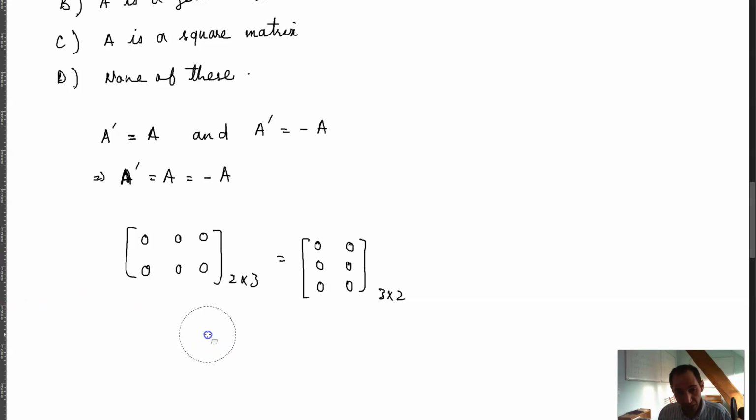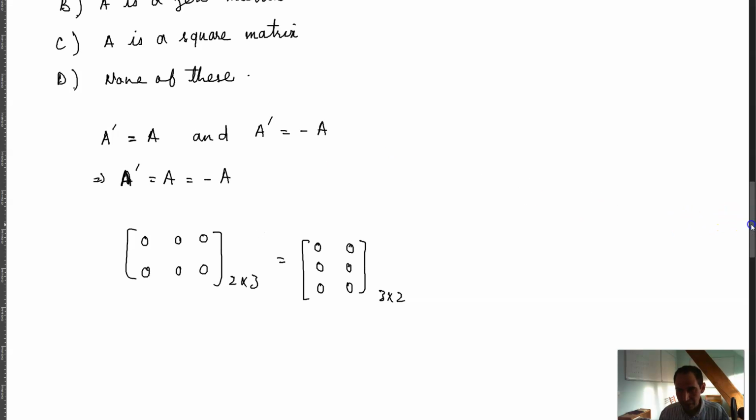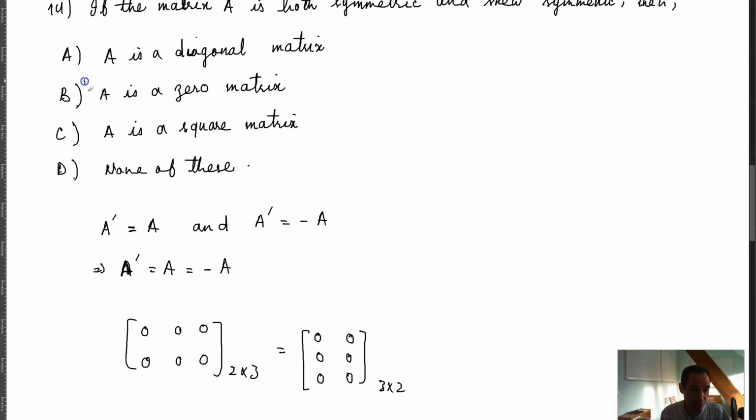And if that is correct, which is the only assumption that I can make here, because in the solutions I can see that it says that only a zero matrix is always both symmetric and skew symmetric, hence option B is correct. That's why I'm saying this. Otherwise, I haven't explicitly read anywhere that